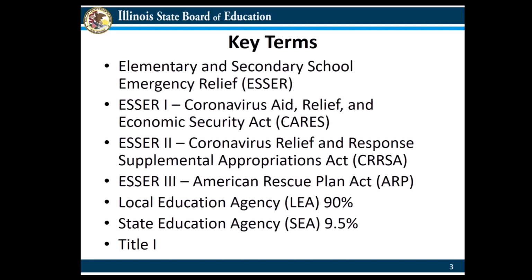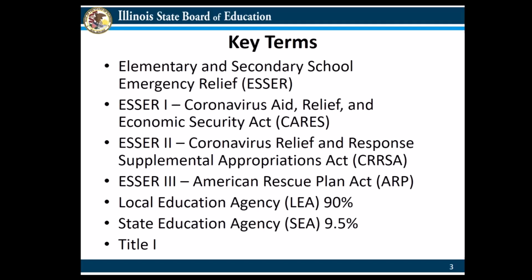90% of ESSER funds flow directly to the local education agencies, or LEAs. The remaining 10% of ESSER funds may be retained by the state education agency, or SEA. This is referred to as the SEA reserve or the state set-aside funds. The SEA may also use 0.5% of its total grant for administrative costs. The state set-aside funds are available to address emergency needs resulting from COVID-19, which may be expended through the use